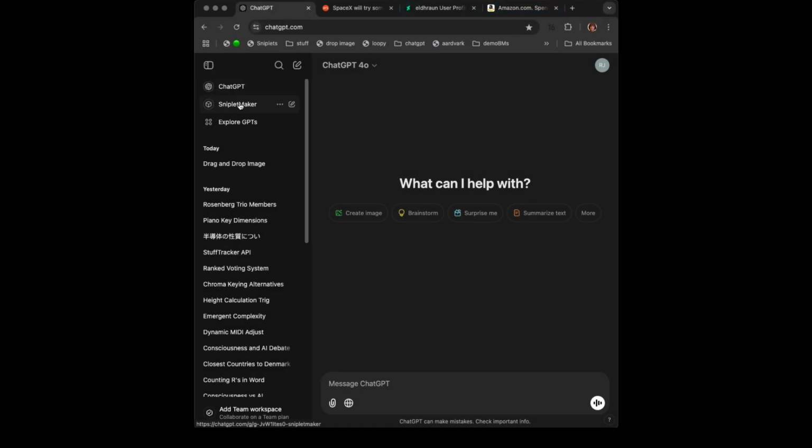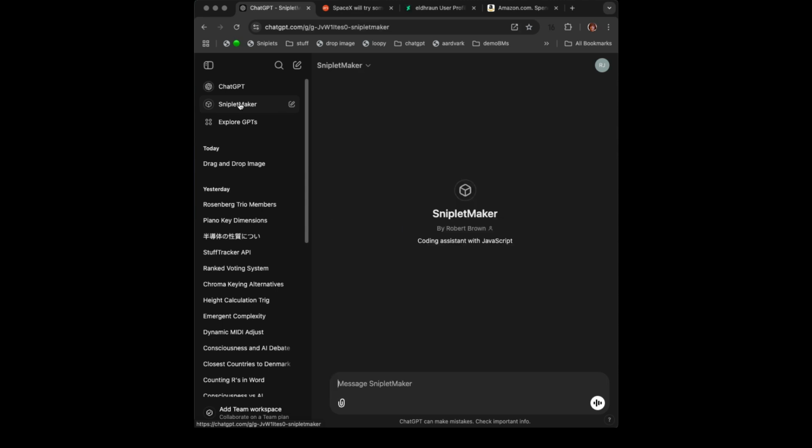Here I'm going to use the sniplet maker again. Make sure that bookmarklet is loaded. And this time I'm going to do something a little more sophisticated, and I'm going to try and do it so I can edit it after the fact to add new functionality or at least fix the existing functionality. It's still just going to be fun eye candy, not anything particularly useful, but we're just showing how to code